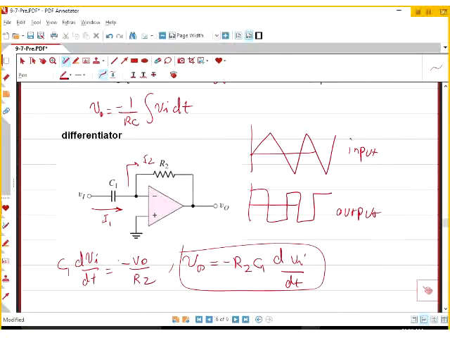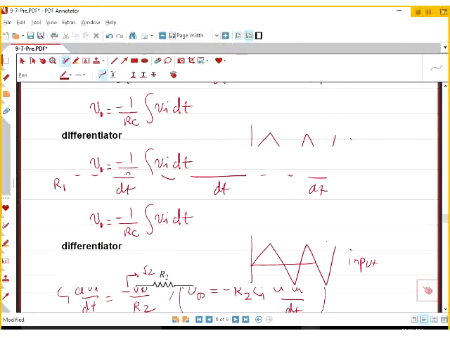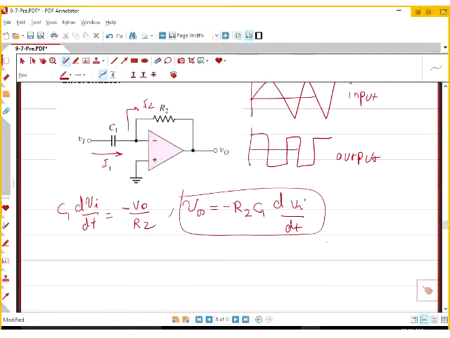Same as before, if you have sine of omega t, your output also should be a sinusoidal with 90-degree phase shift. You can analyze either of these two circuits using a different method. You could say, well, I don't want to do that integral thing. I want to say this is minus j divided by omega C1,